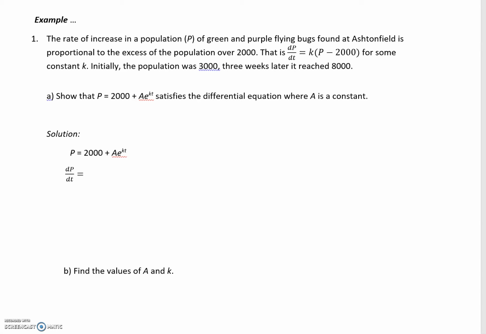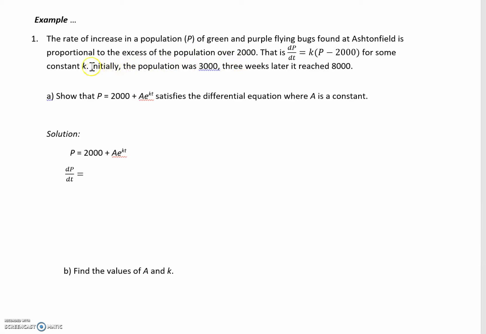Okay, in this example, it's looking at the rate of increase in a population of green and purple flying bugs. Would have been more interesting if they were yellow flying bugs, anyway,